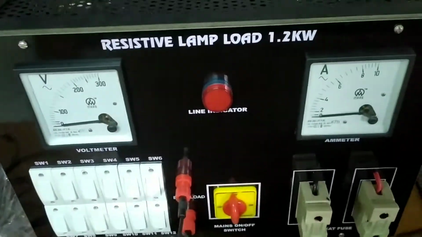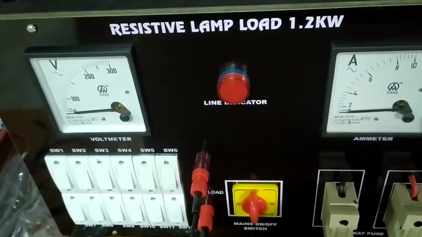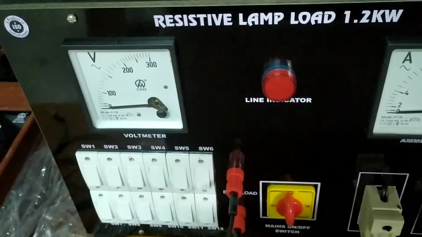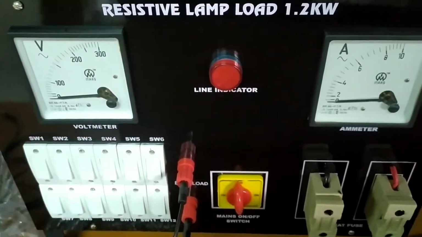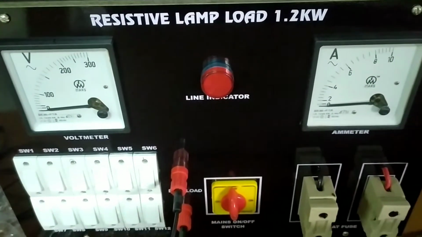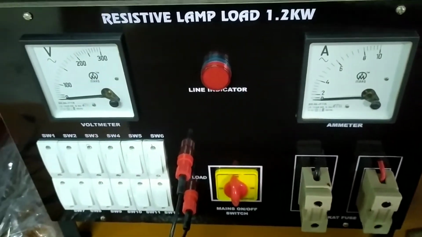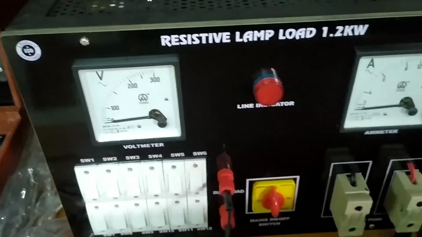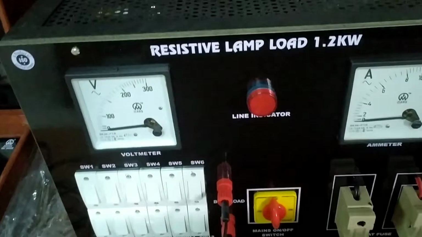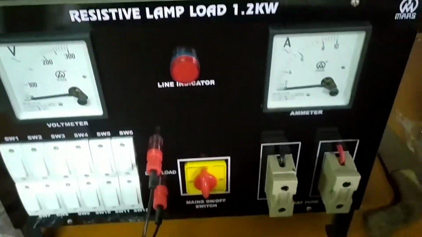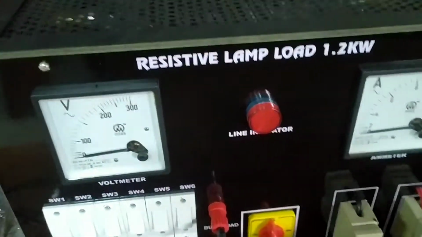Okay. So this is the load panel that has the loads installed in between these, and there are switches that we have to apply, and you can also measure how many amperes you are giving to the load. Okay, हम कहते हैं ना कितना ampere load देना है, so that load can be measured: 4 amperes is flowing, 2 amperes is flowing, 3 amperes is flowing. So then we can increase the load.